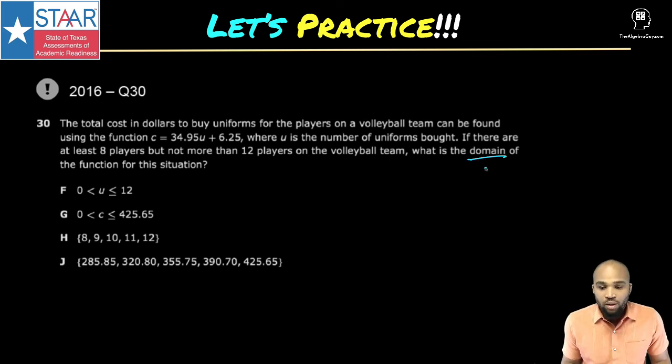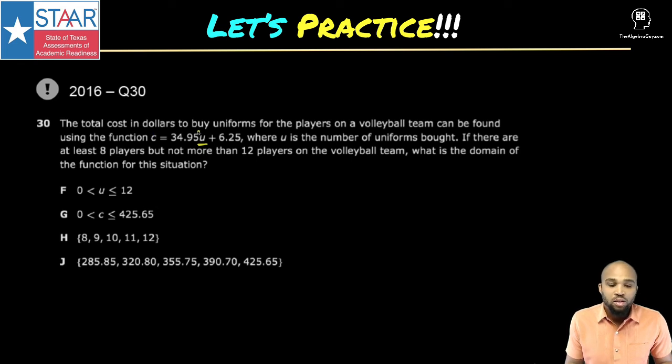What's the domain? And sometimes when I see that, just go ahead and write X so I don't get confused. In this case, it's not X, right? It's going to be our independent variable. And that's going to be represented by either this U or the C. Which one do you think it is, the U or the C? Which one has to go first? Well, here it is right here. I hope you say U, because once you determine the number of uniforms,